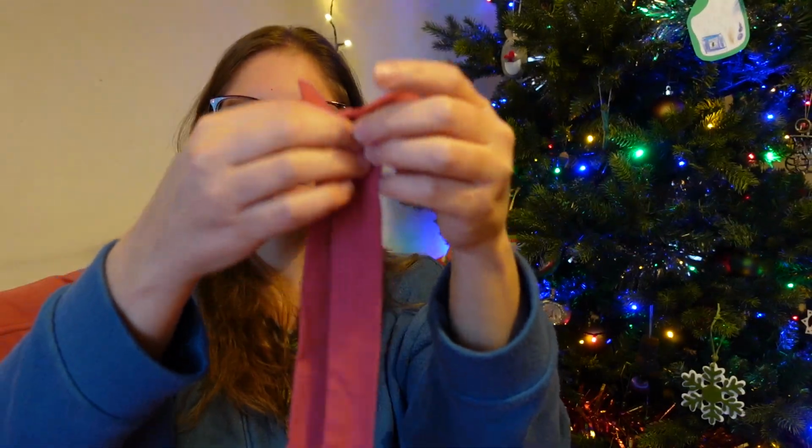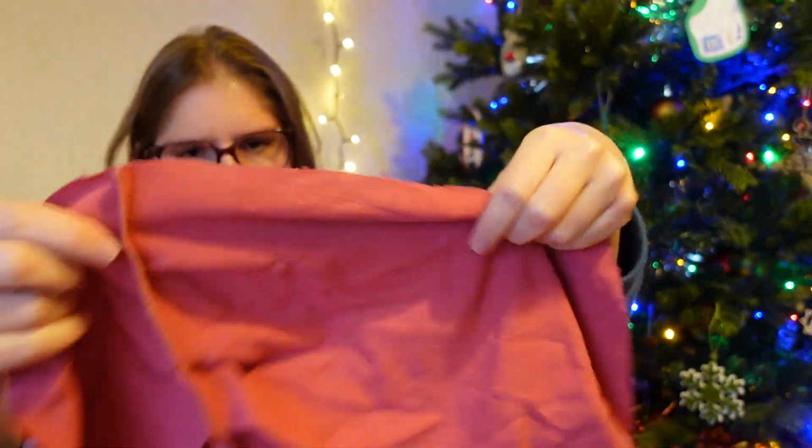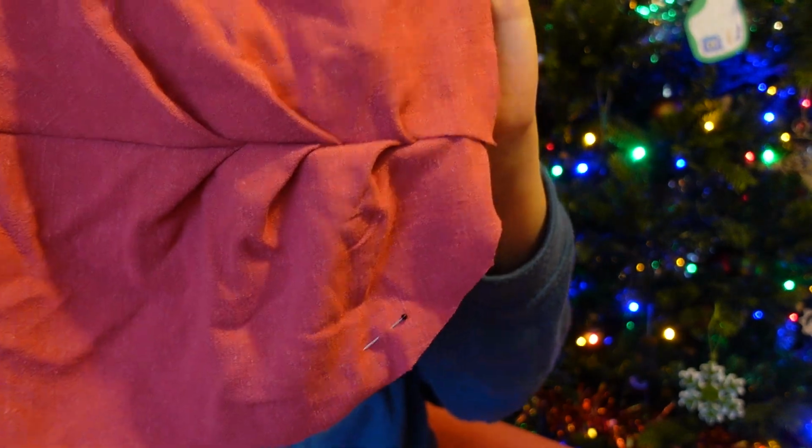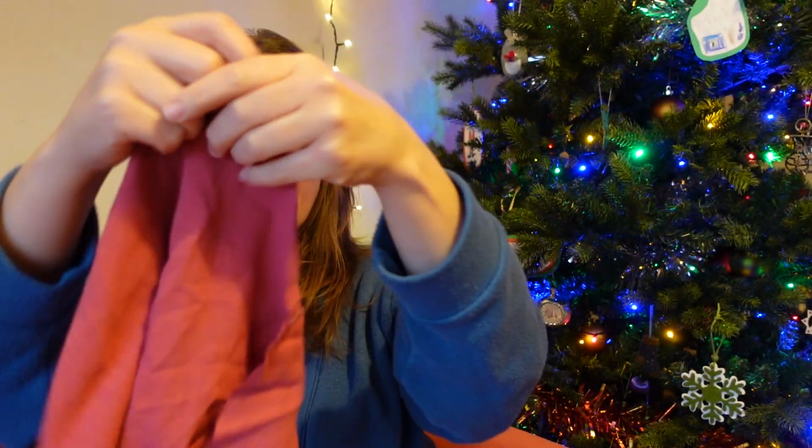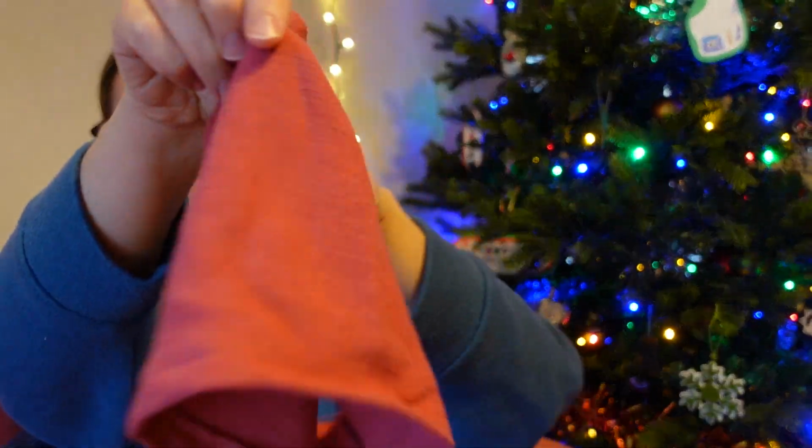Things that I have done: I have made my ties. The waist ties are complete. I have attached the fronts, so the top and the bottom of the two front pieces, the back, all these lovely pleats going on. Yeah, that's the other front. I'm pretty happy with how those pleats are all coming together. And I have actually completed the sleeves, so they have you hem them before you attach them. I've got a couple of sleeves that need to be attached. I feel like the rest of the process should be relatively straightforward, could be my famous last words, but